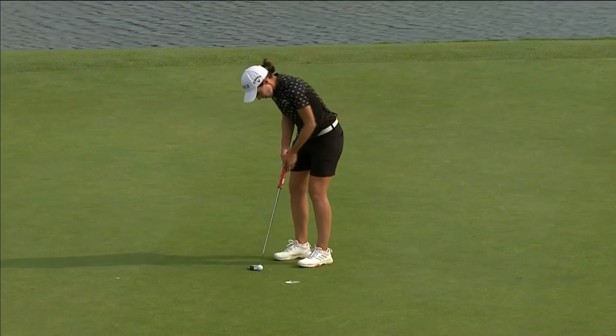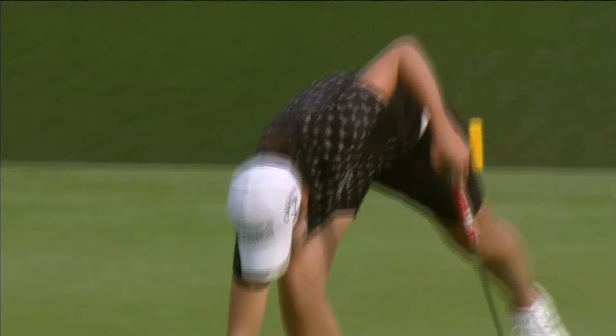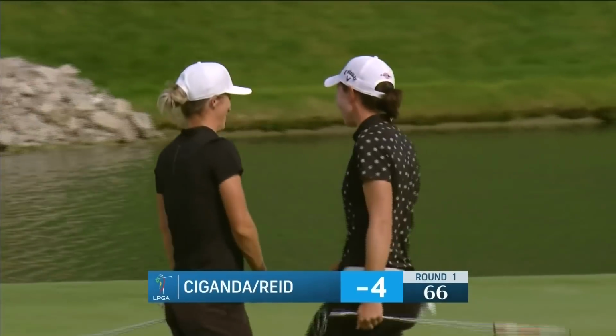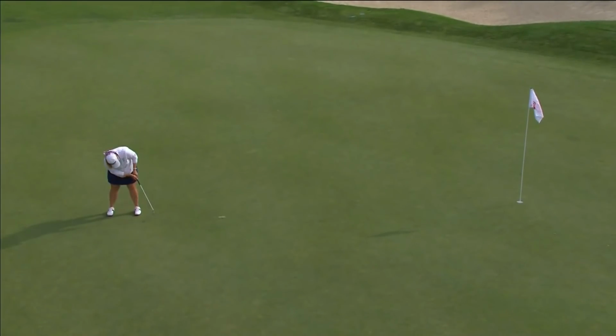It's going to be a really good opening round for this duo. 66. Excellent. 2 really strong drivers of the golf ball. Back at 17 just a moment ago, Liz Nagel, who is teamed up with Natalie Golbis here in the